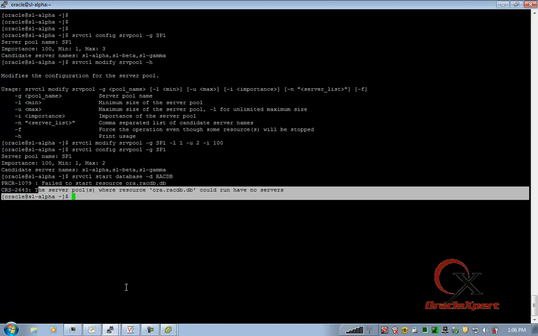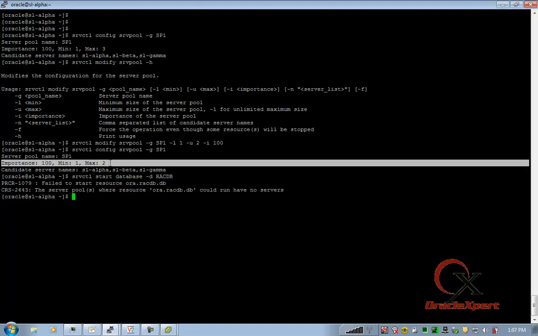But the version that I am using still is 11.2.0.2 with a lot of bugs open. So I will research this, will get back to you why it was not allowing us a migration. As of now, the server pool is eligible for resource migration. Still somehow it is saying there aren't enough servers available, but there are indeed enough servers available. Out of the 3, I have only restarted 1, so 2 is still available. Minimum is met, maximum is also met.